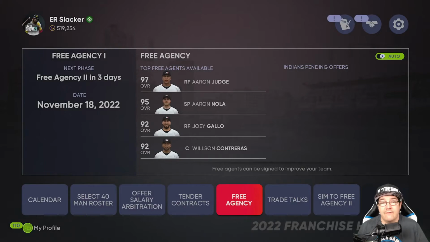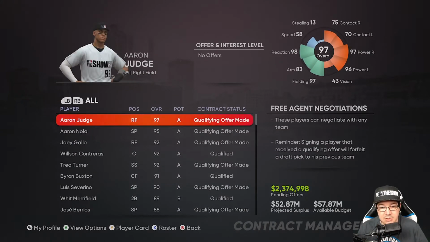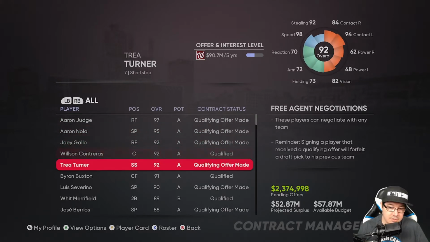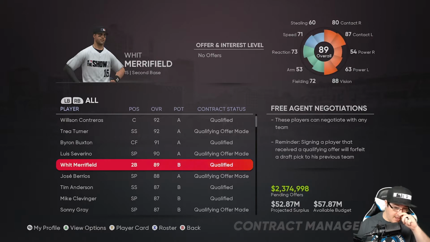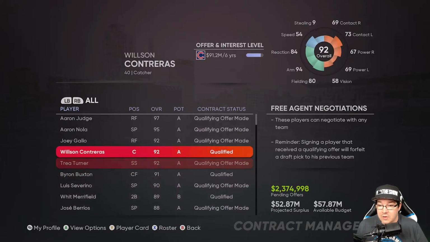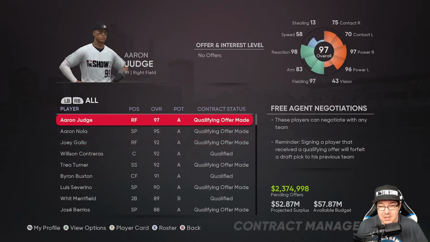So we are ready for free agency. Let's see who we're going to have this year. It's going to be Judge, Nola, Gallo, Contreras, Trey Turner, Buxton, Severino, Witt's in there, Barrios is in there, Mike Clevinger. I mean, this is a huge class. However, we don't have a lot of money to spend this year, so we'll have to be